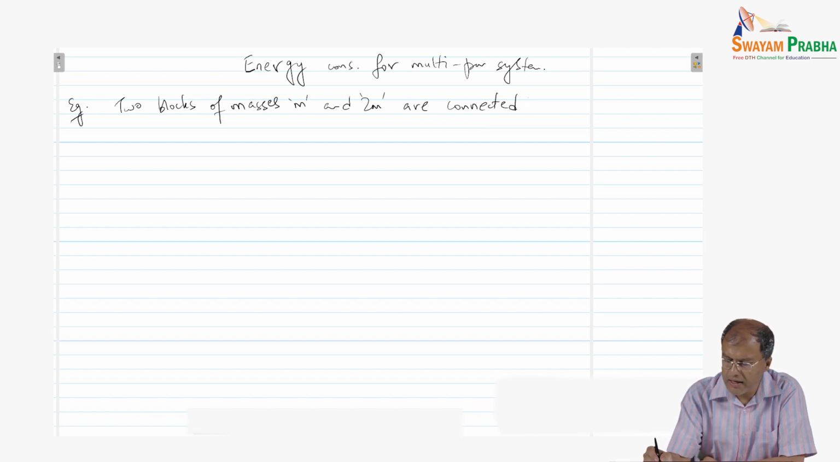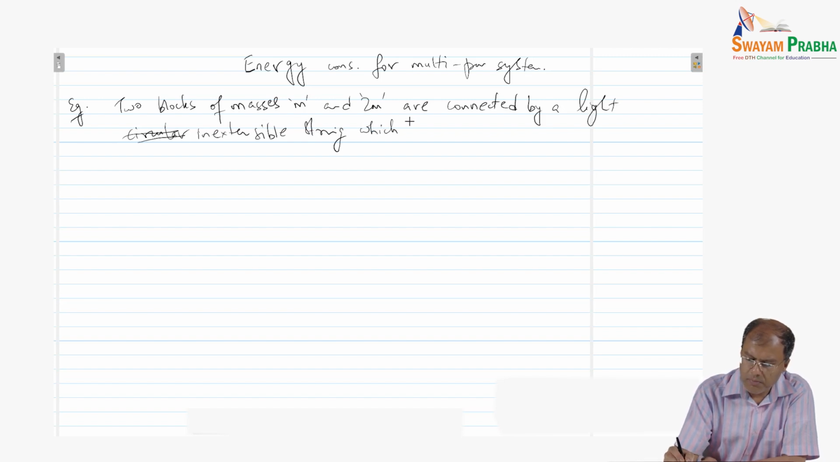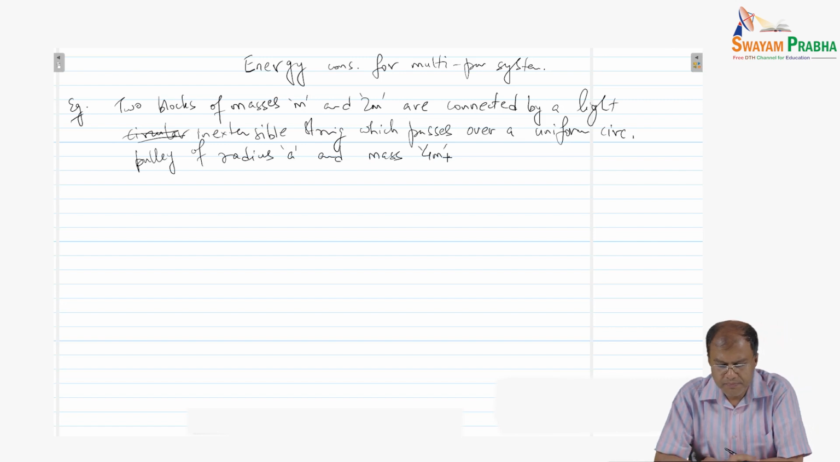So these are connected by a light, inextensible string which passes over a uniform circular pulley of radius a and mass 4m. Okay,